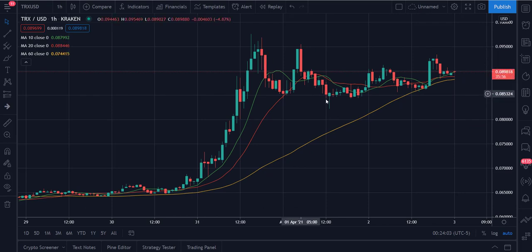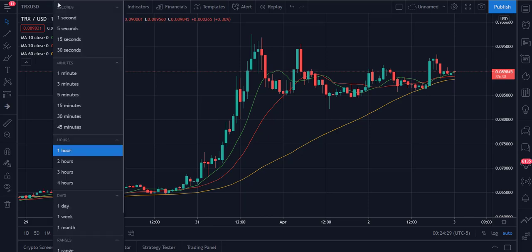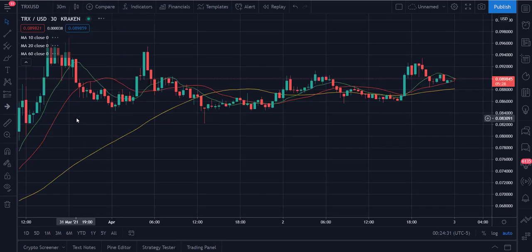So with the 1 hour chart, we actually have right now all 3 moving averages are still in line for an upward move. However, that 20 and the 60 appear to be more angled down, even though the 10 is pushing higher. That'll probably mean that in the shorter time frames we're going to see bullish as well. So let's take a quick look at this now. We'll go to the 30-minute range,